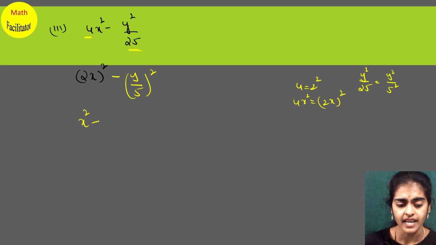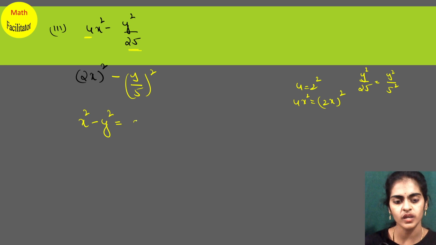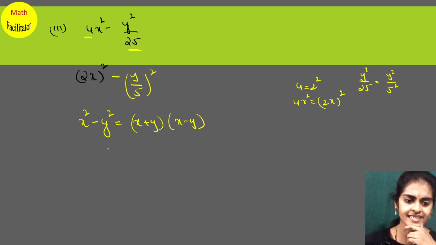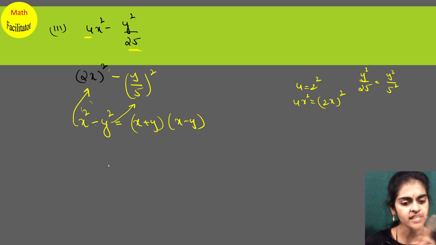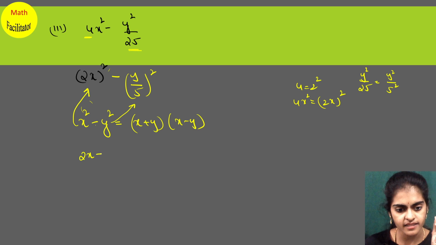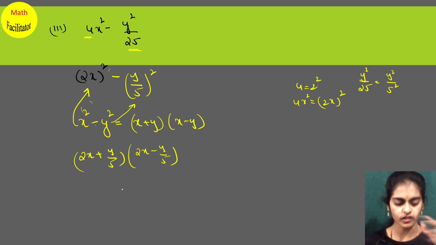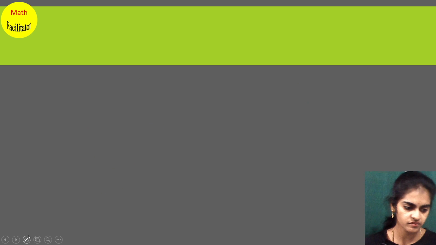Now this is like x square minus y square. What is the formula? x plus y into x minus y. Isn't it? In the place of x, what do you have? See here, in the place of x, I have 2x. Don't consider the square. Okay, the square is common. Minus also is common. In the place of y, you have y by 5. So x plus y is nothing but 2x plus y by 5 and x minus y is 2x minus y by 5. Okay, so these are the factors. Very simply you got both the factors. Now the next one,